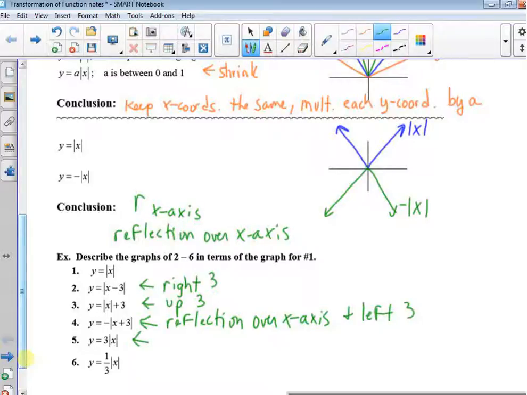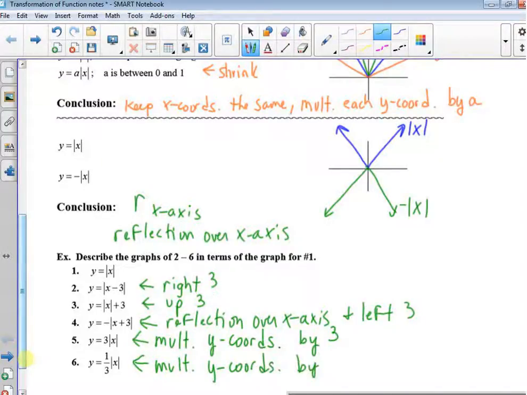Number 5, you multiply the y coordinates by 3. This is that vertical stretch. And the last one, you multiply the y coordinates by 1/3, which is that vertical shrink. If you go to the next page with me,